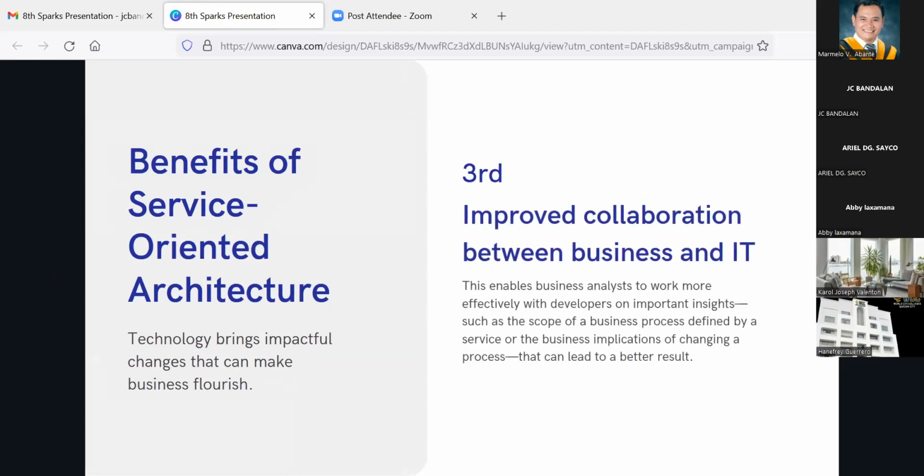Third is improved collaboration between business and IT. As for our company naman, this is not actually an issue. So this enables business analysts to work more effectively with developers on important insights. As for us naman kasi, with the setup of our company, the IT team and the developers